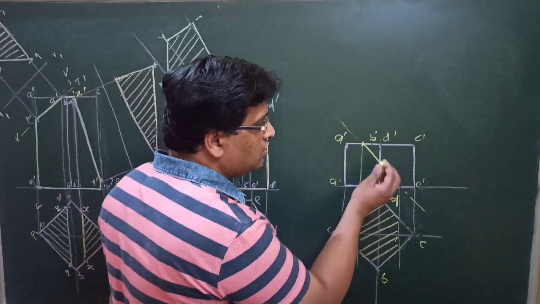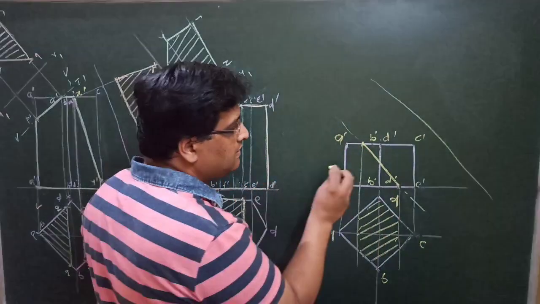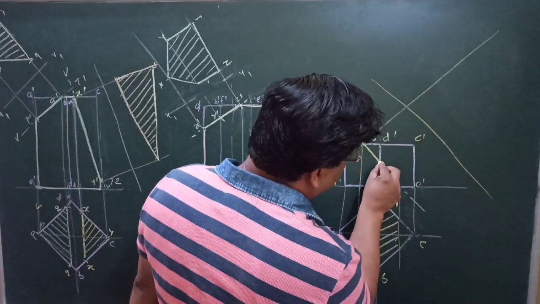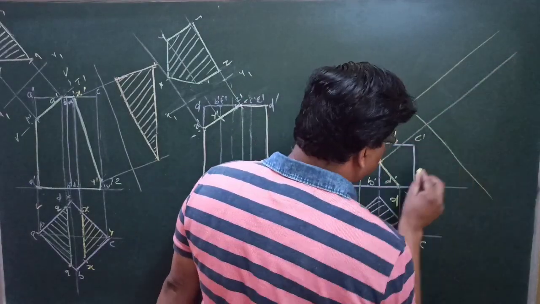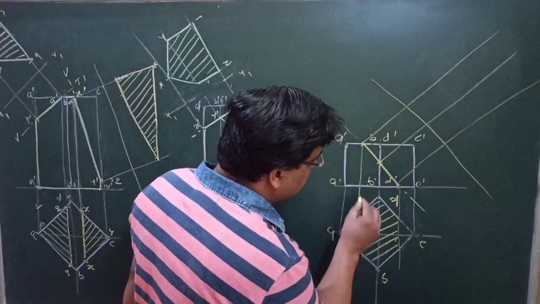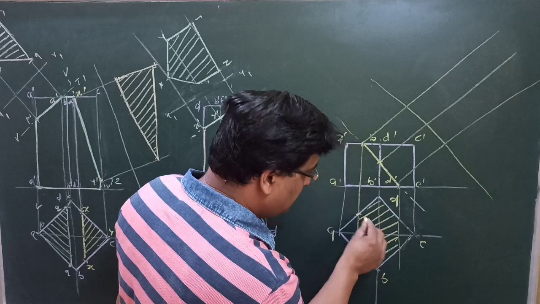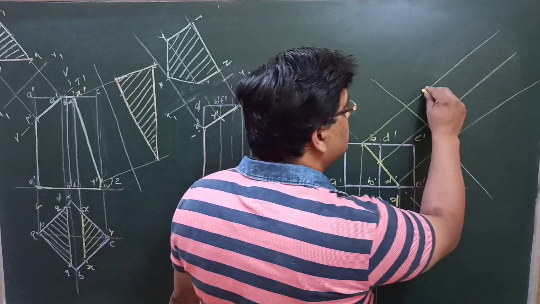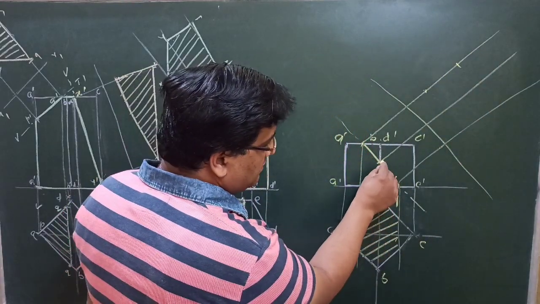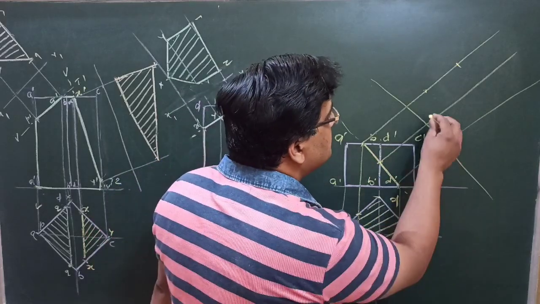Right? Now you have to draw the true shape, so consider another plane parallel to this cutting plane and drop perpendiculars on this line. So it is cutting at 3 points, so you can draw these 3 points like this. Take distances from here. First on A, 2 distances will be there, here to here and here to here. So you will get 2 distances like this. For the second point, it is cutting B and D. So one distance this one, second distance this one.